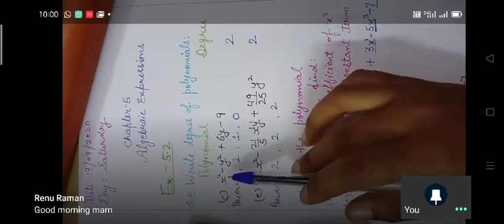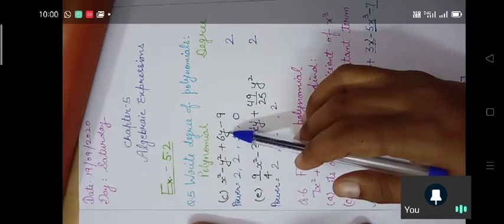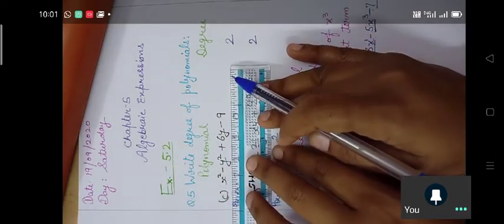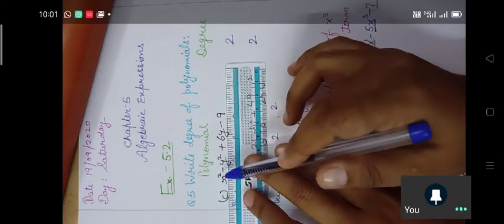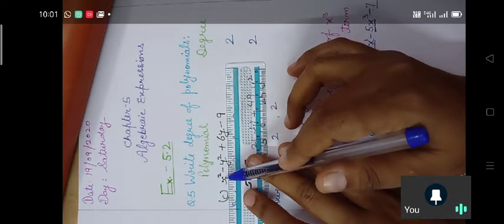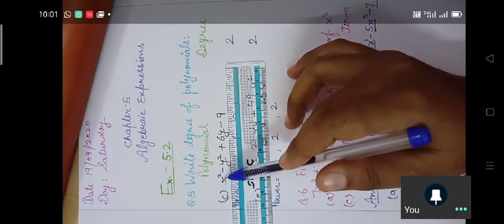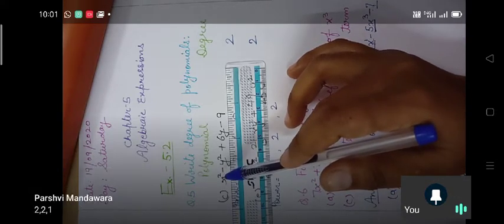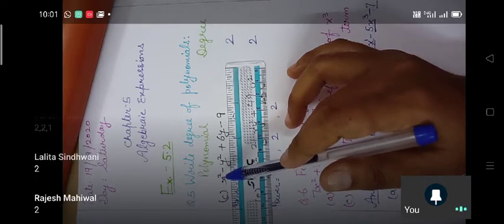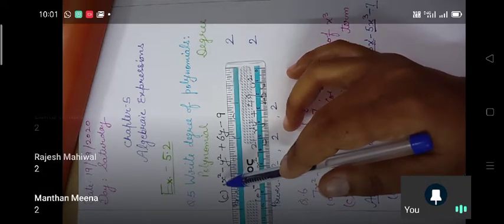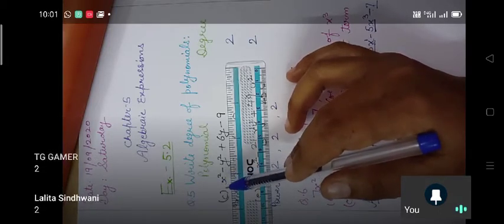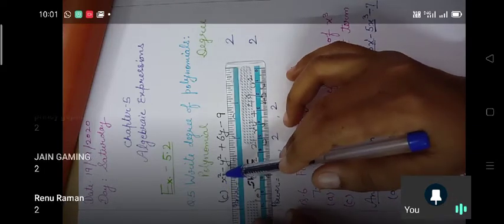This is a polynomial. You have to write its degree. So first of all, you have to just write their powers. In the first term you can see only one variable is present, so the power of the term will be the power of this variable only. There is no other variable in it, so we do not need to add the power of any other variable. Only one variable is present, so to see the power of any term we only have to look at the power of its variables. So the power of the first term is 2.